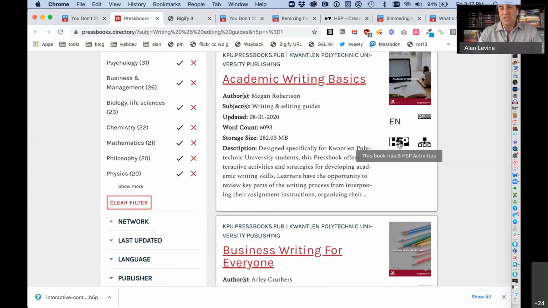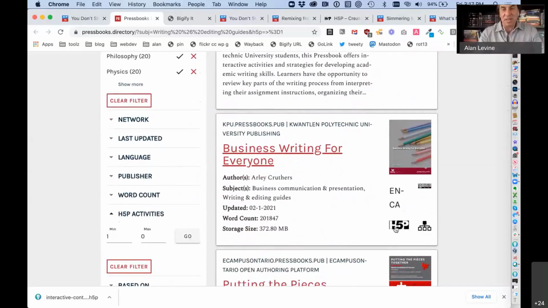And so you see it has this little icon. This Academic Writing Basics has 8 H5P activities. This one has 43. That's pretty good. Actually, I know the author, Arley, who's pretty amazing. So that's really interesting. If I want to see how this author has used H5P, well,